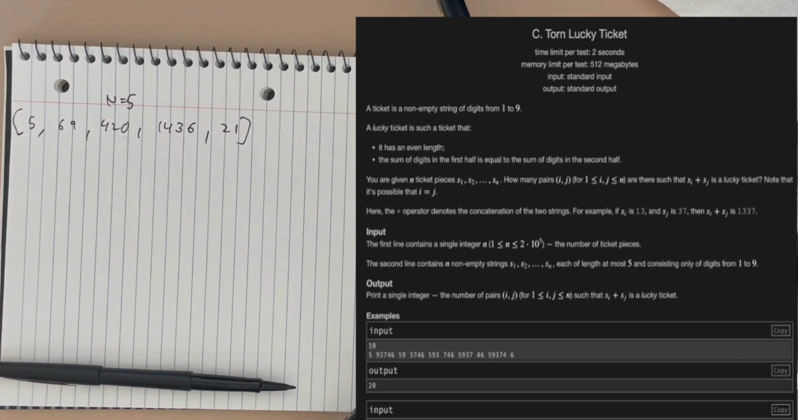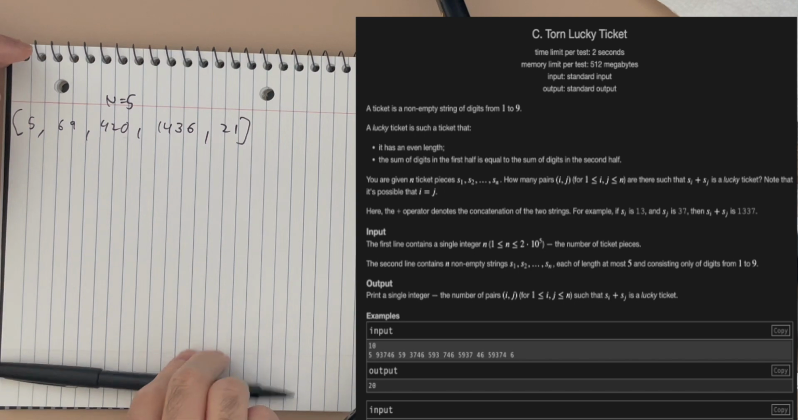So just in general, when you encounter a problem that asks how many pairs exist such that the sum of these pairs meets some sort of criteria, you always want to try to think of how can I solve this using a map. In this case,